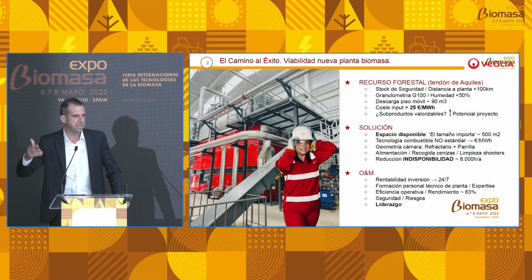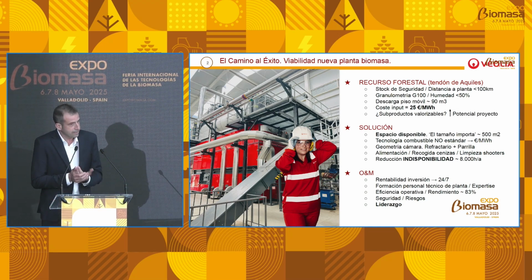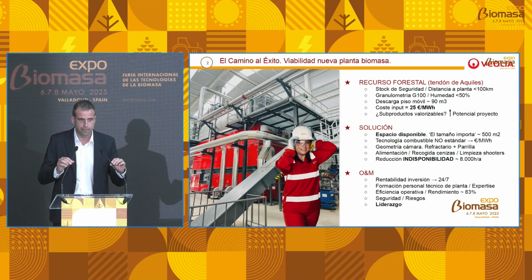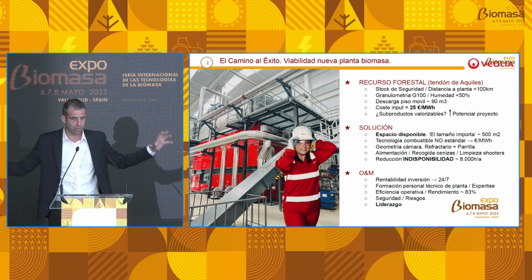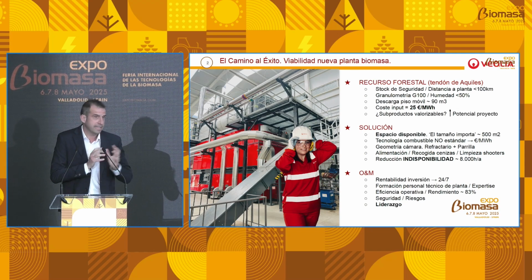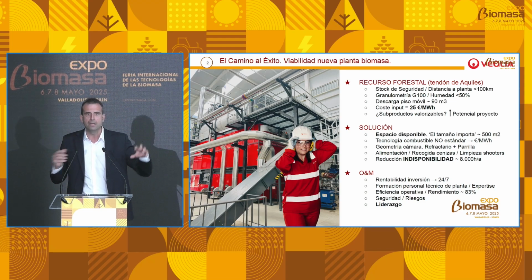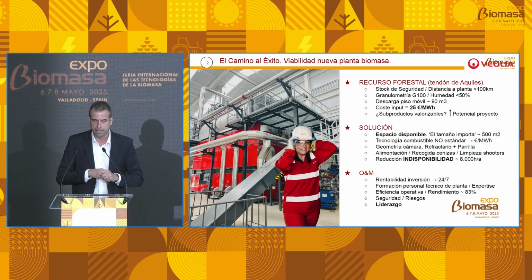Regarding the operation of the plant, it is going to be like 3 megawatts that are going to be useful. But if the client has some kind of byproduct from the waste of the process that we can revalue, of course, we're going to use it. But first, the resource, then the solution from a holistic point of view. It is important to have the space. We need a lot of space, because size really matters, and it's going to be around 500 square meters of surface in order to install the boiler, the smoke treatment and the fuel